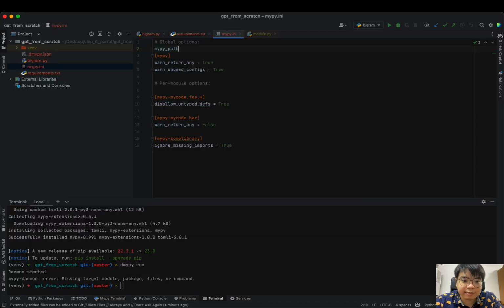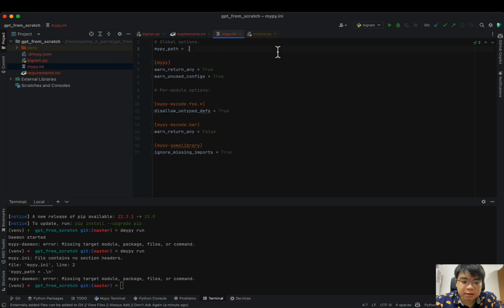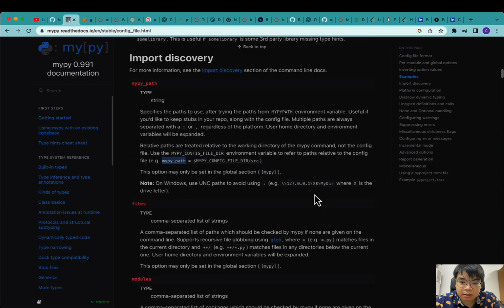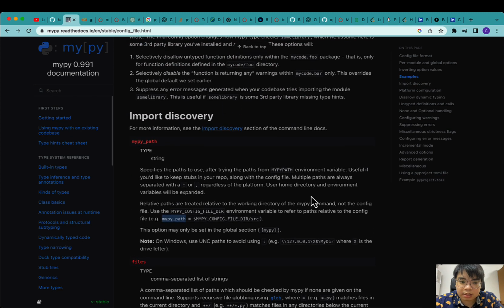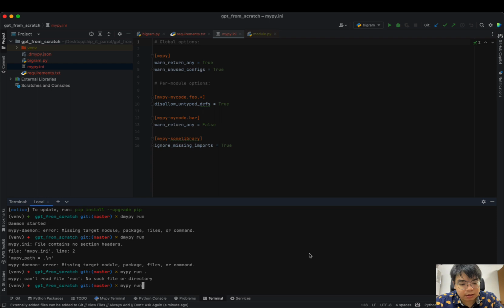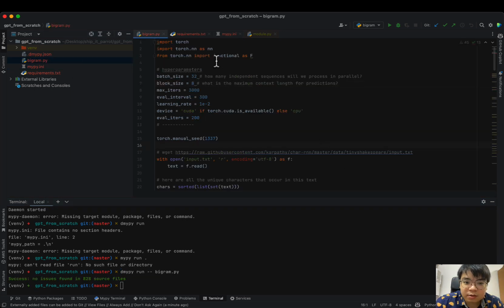Okay, there's something like this equals to this file, this document, this target here. No, okay, interesting. Okay, it's okay. I guess we will stick to this for now and just mypy run dot bigram.py. So we are running this command here to type check bigram for now, and there's no errors for now,